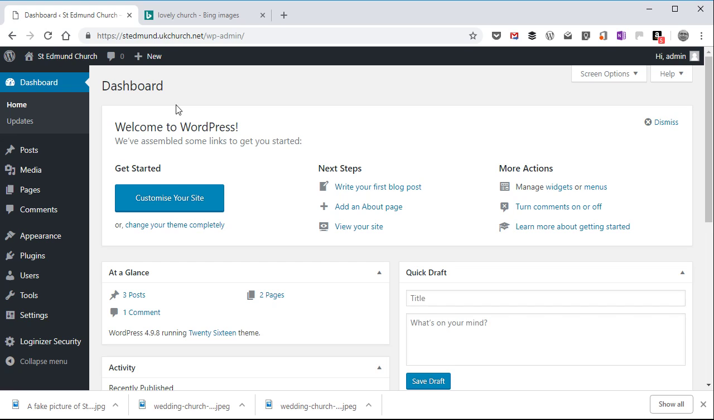I think one of the most important pages for any church is the events page, the calendar page. What's happening? What are the regular services? What are the special events? And we could go ahead and create a page to do that job, but actually calendars are an example of